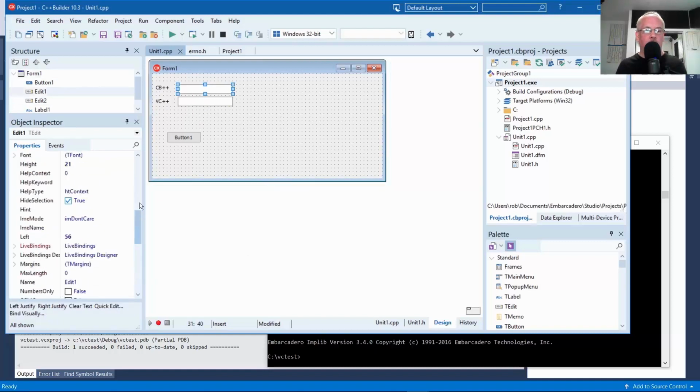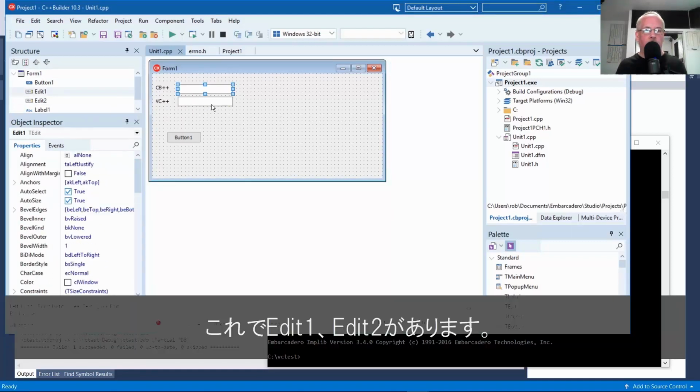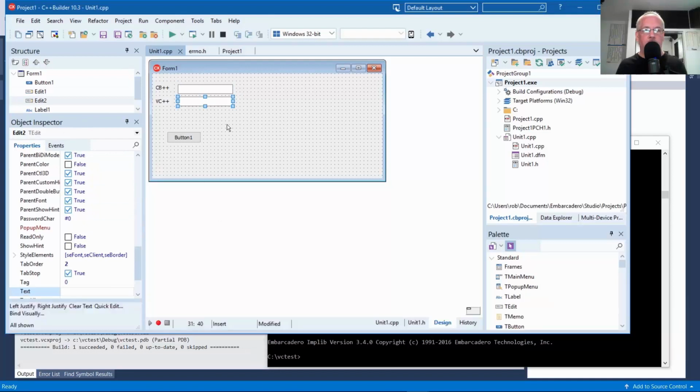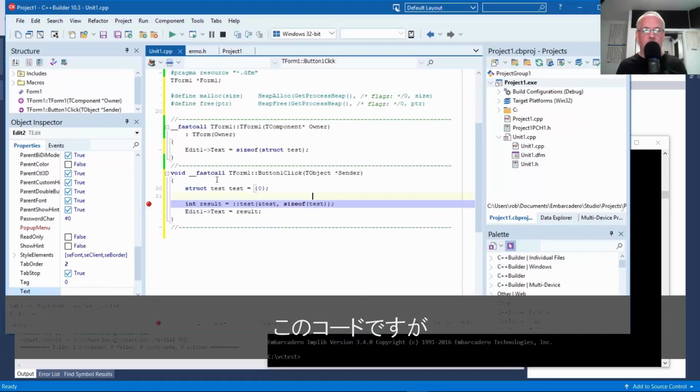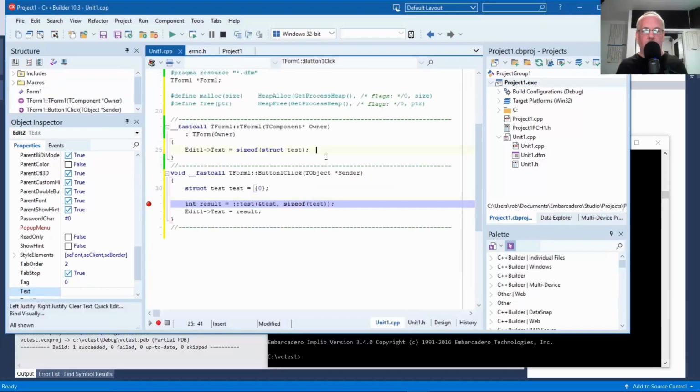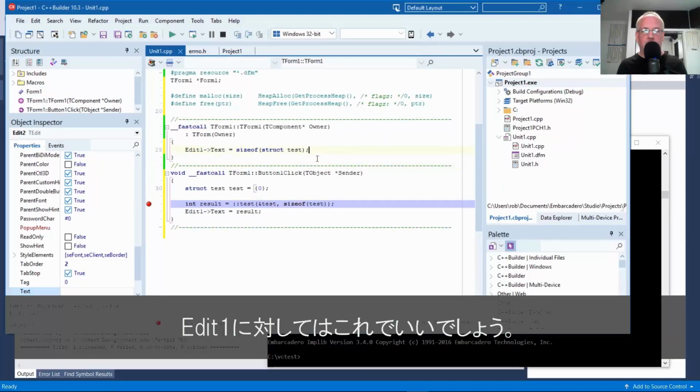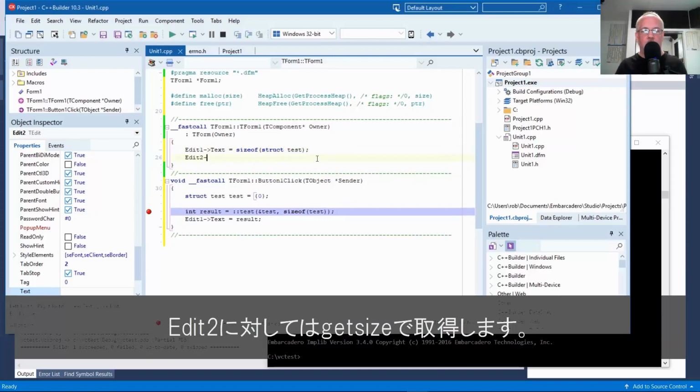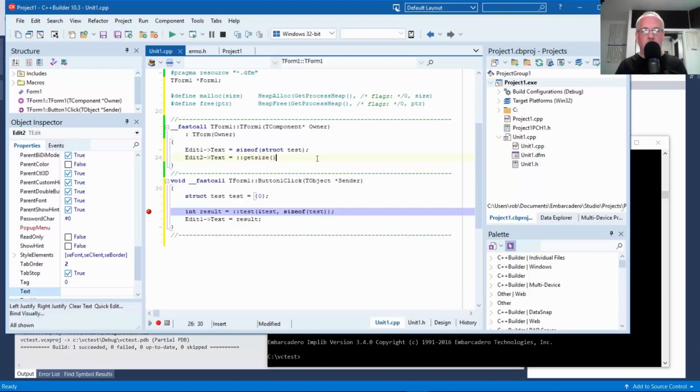So now we've got edit 1 and edit 2. Back to our code. Edit 1 is definitely going to be that. Edit 2 is going to be get size.